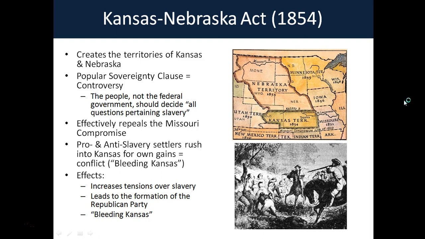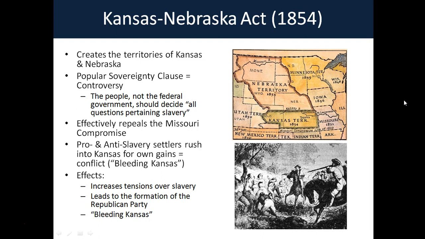But basically, it started for farming rights, which was not a point of contention. Both sides liked it, whether they were pro-slavery or anti-slavery. The problem was, this territory was again north of the line of 36°30', and this act was put forward by Stephen Douglas, and it said the people, not the federal government, should decide all questions pertaining